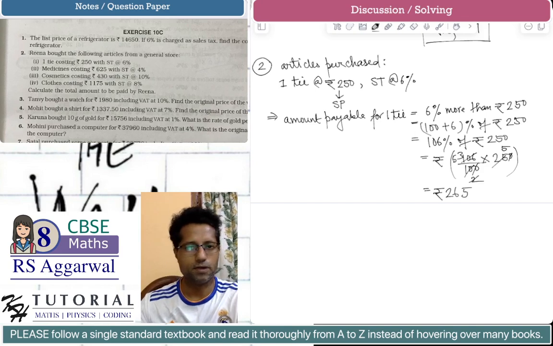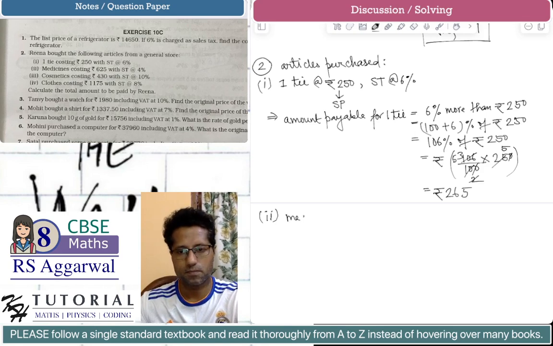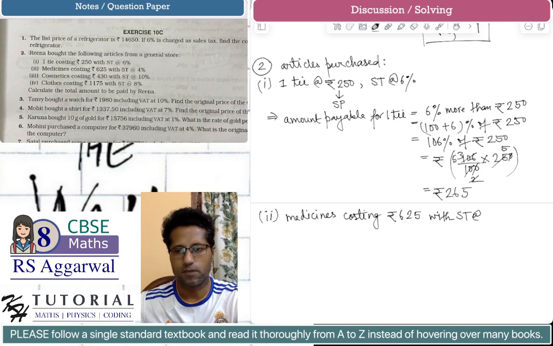Okay, so this was the amount payable for the first item. Let's calculate the amount payable for the second item, that is medicines. Medicines costing rupees 625 with ST, that is sales tax, at the rate 4%. So rupees 625 is the selling price. So this implies amount payable